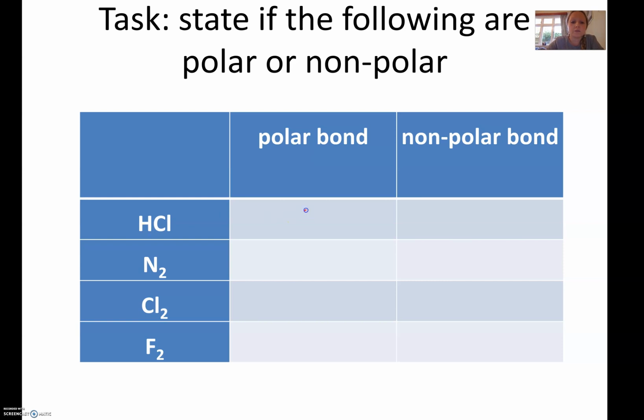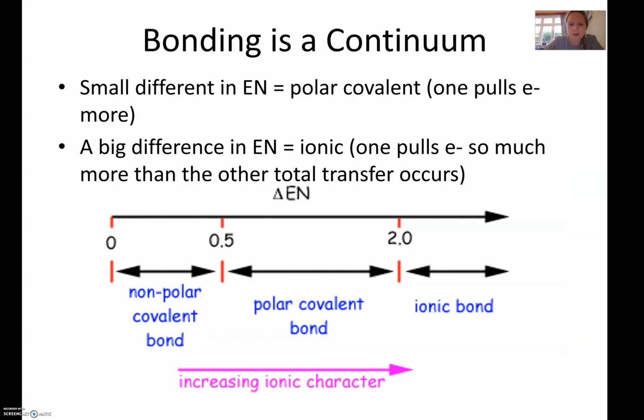Two different atoms: polar. Same atoms: non-polar. Hopefully that makes sense. So bonding in chemistry, folks, is a bonding continuum, which means it's on a massive scale, and we can use these electronegativity differences to tell us whether bonds are polar or ionic. If there's a massive difference in electronegativity, you're looking at an ionic bond, and that happens if we